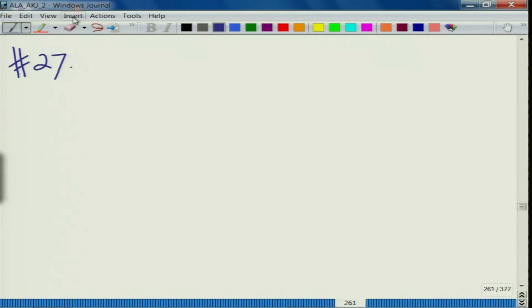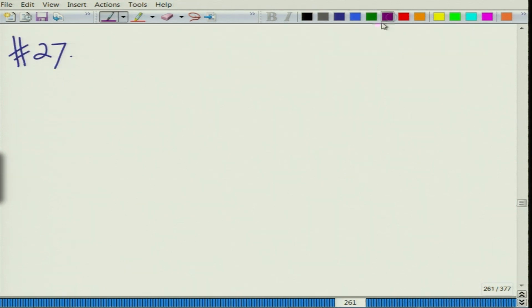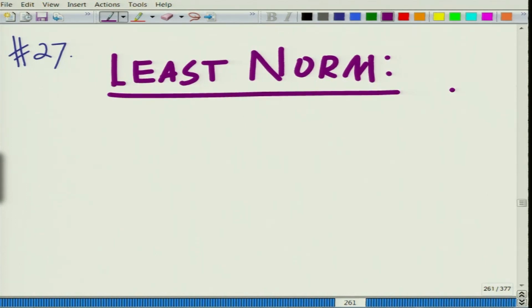Okay. So, what we want to do is essentially look at the least norm solution. So, this is the least norm. Previously we have looked at the least squares. Now we want to look at the least norm solution. Okay. So, once again